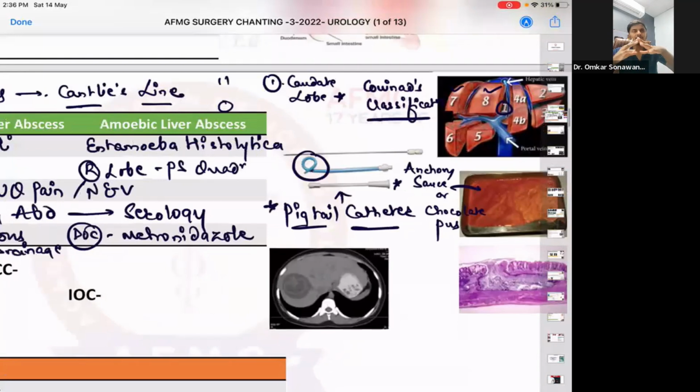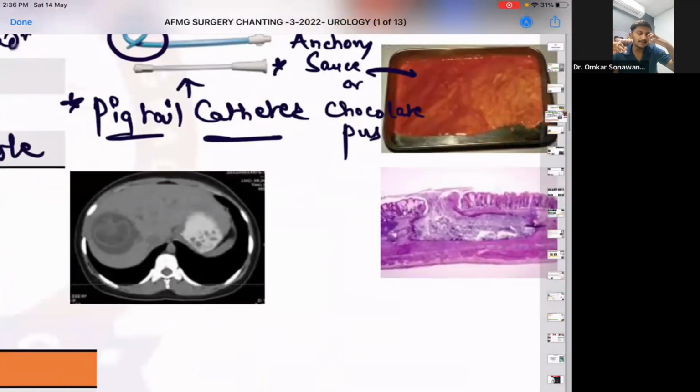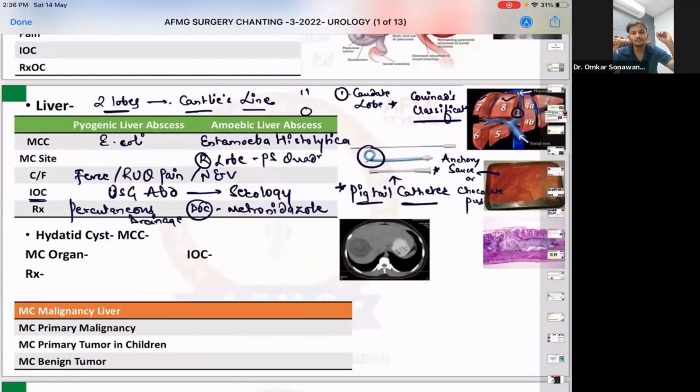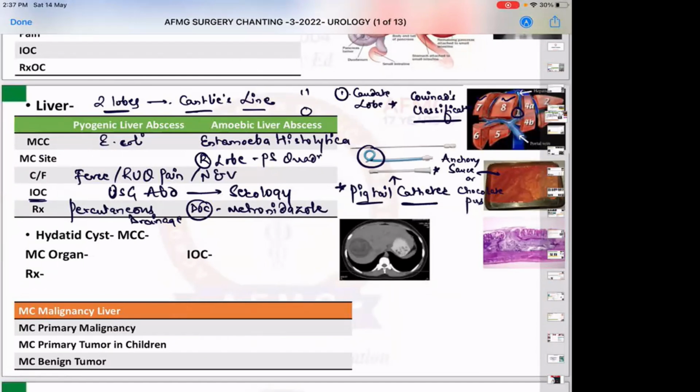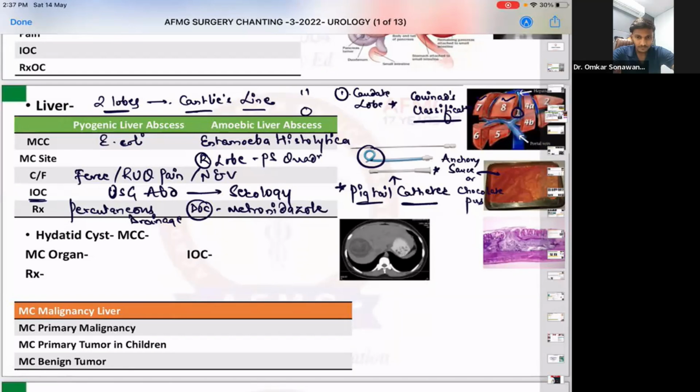And please tell me which is the most common organ affected in amoebiasis. Entamoeba histolytica most commonly infects which organ? Entamoeba histolytica in pregnancy usually infects which organ? Please let me know. Sorry, Entamoeba histolytica in amoebiasis infects which organ? Just a minute. So please remember,